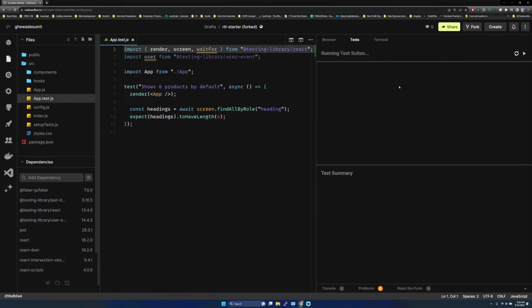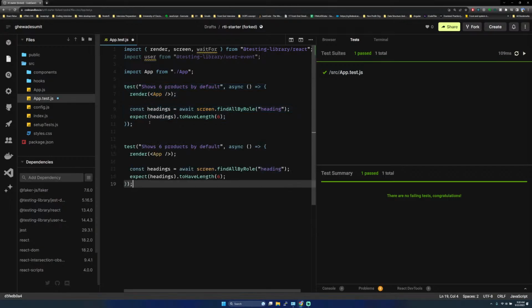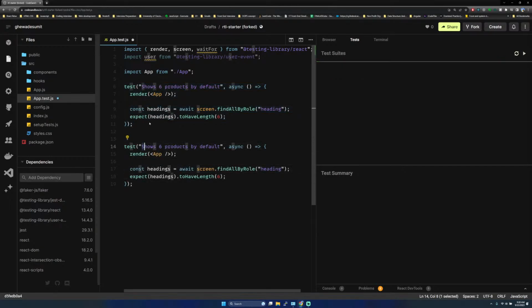Running test suites. Okay, so one test passed, so we did it right. And then what we have to do next is define the next test,